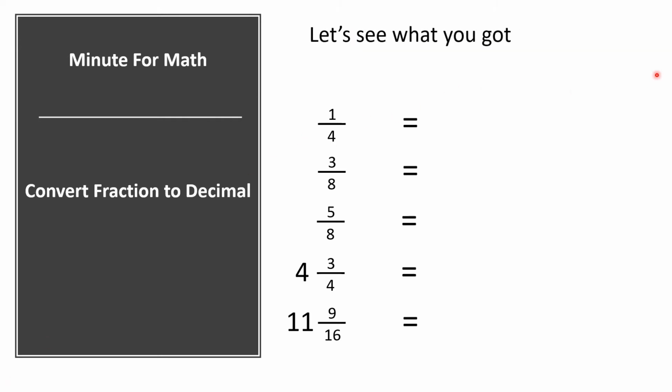All right, so you got these done? Let's check them. All right, so 1 divided by 4 is 0.25, right? Pretty simple. If you ever have a problem with